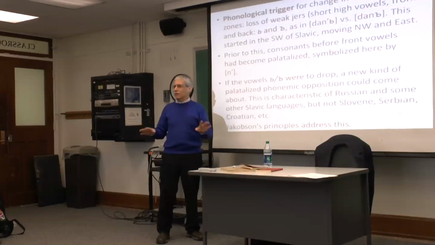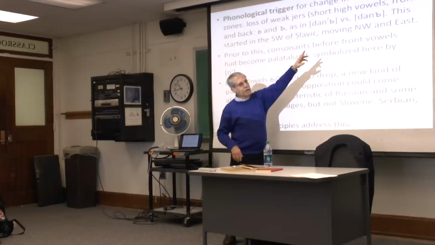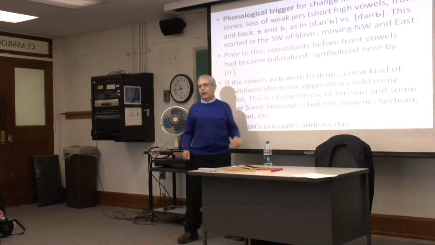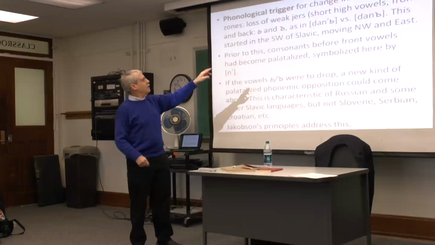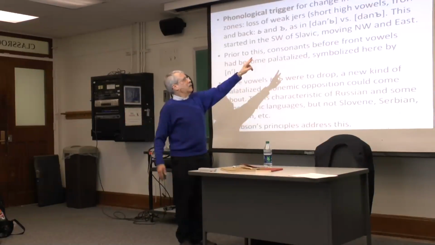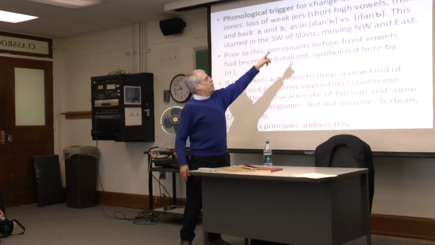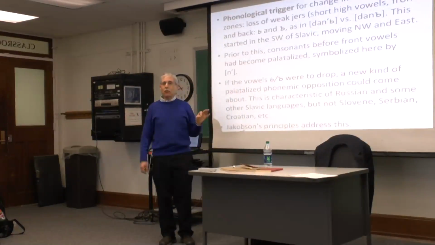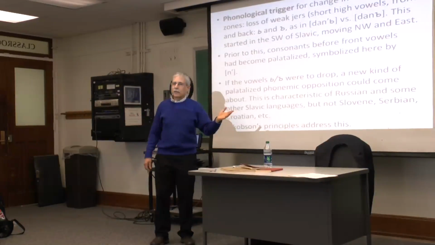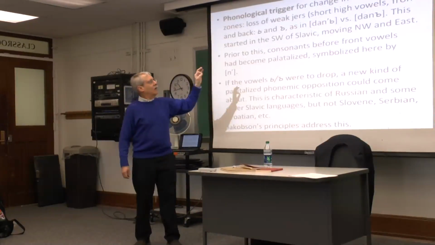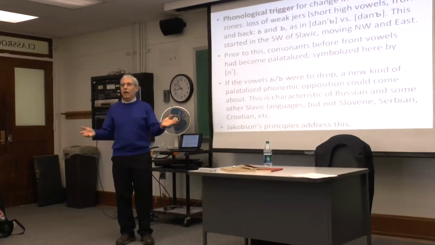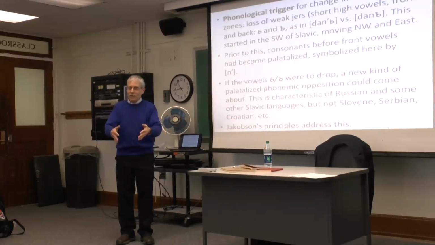The essential point to get is this. If you take this thing that was a minimal pair, originally it had a vowel that differentiated these things. So when it had a vowel, you had the allophonic or automatic palatalization plus the front vowel, and then the absence of palatalization plus the back vowel. So notice, originally they would have sounded in Common Slavic like dani and danu, something like that. But then when the vowel got lost, it's what we have in modern Russian. The N, palatalized and unpalatalized, is the whole difference.